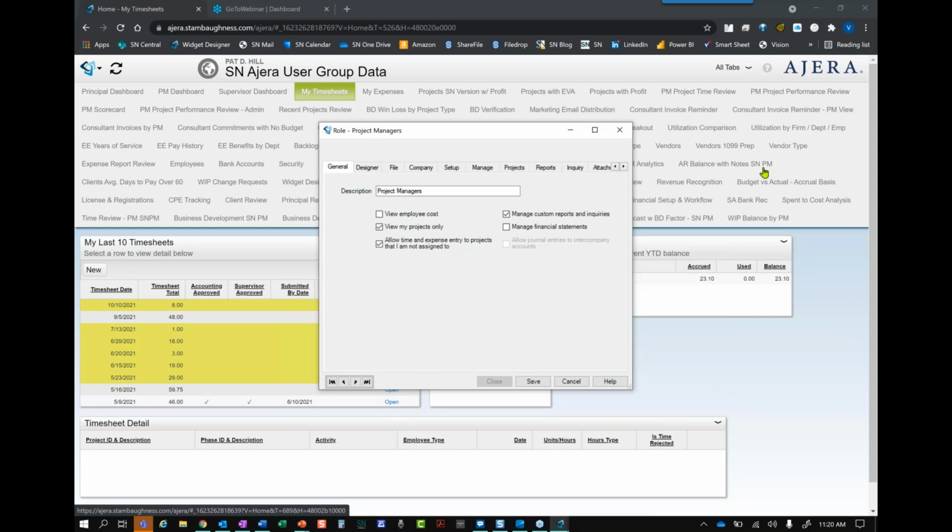And I'm going to log in as a PM here in a second so that you can see that too. So another thing we wanted to point out to you is that if you're paying attention to release notes, and we hope you are, because they're really worthwhile to read, because that's where they tell us about changes they're making in the software. But when Deltek rolls out new features in Ajera, we have not noticed consistency in this. Brian and I were comparing notes on this morning.